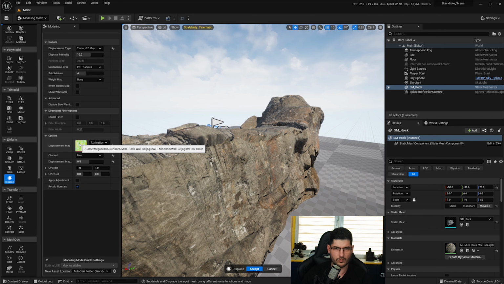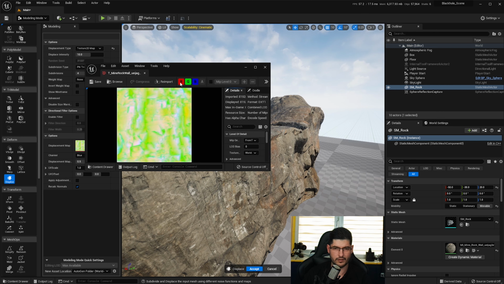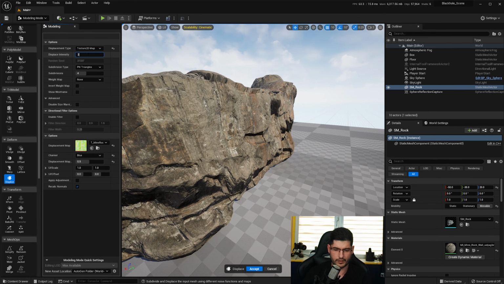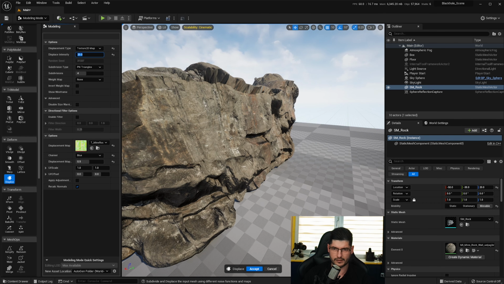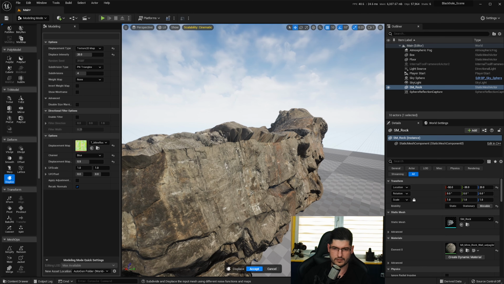One thing to note as well, by the way: if you've opened the texture and you've deactivated RGB and saved, then I don't think it will be able to read the other channels, so you won't be able to use them. So make sure you've got RGB on. Okay, so we've added this. I think we're probably going to have to go for like 20 or something like that to give it a better shape. Now, one thing to note is that we want to cancel at the minute